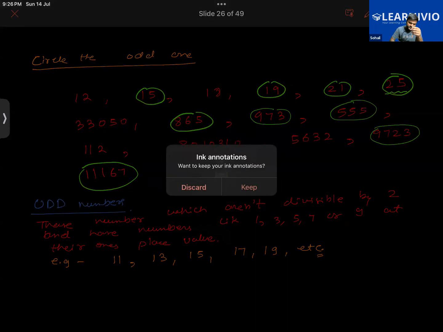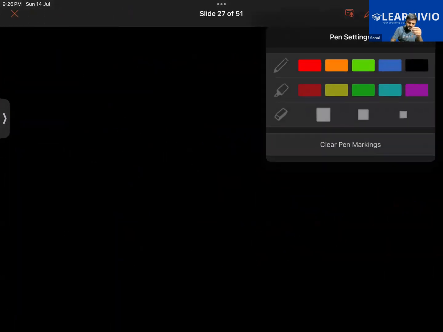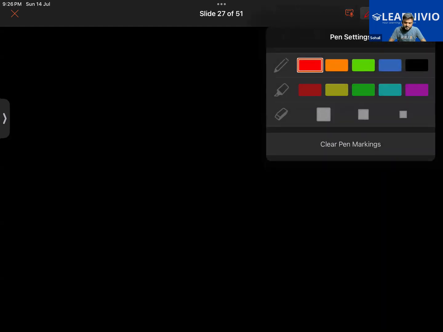Okay, now next we are going to learn some of the properties of odd numbers. Then we would be beginning with your exercise questions. Also, divisibility rules is left to be discussed. So write down the properties